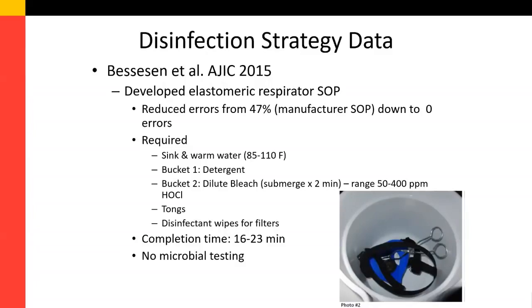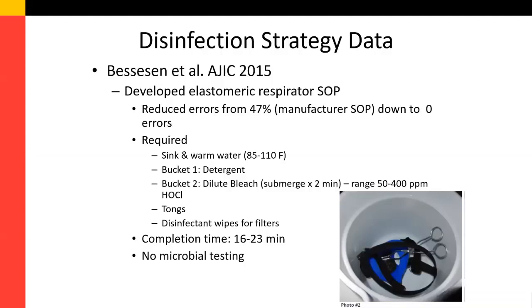Basically, they first took manufacturer SOPs and asked healthcare workers to clean the respirators according to the manufacturer instructions. When they first did that, healthcare workers made 47% of total errors doing this. But after iteratively refining this cleaning and disinfection protocol, they were able to reduce healthcare workers down to 0 errors